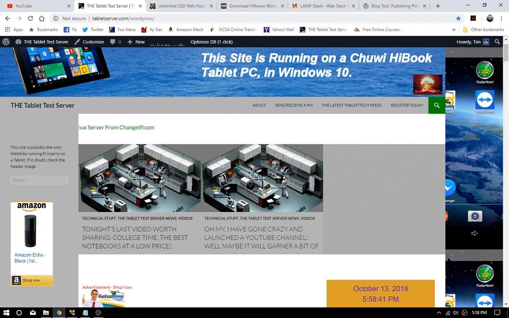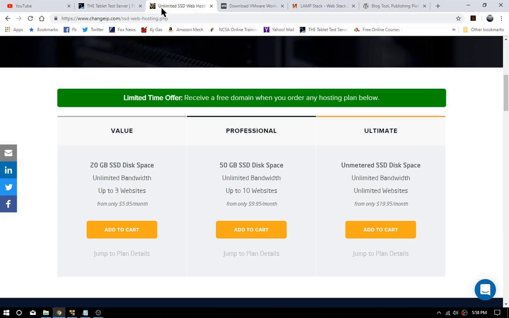So, all that being said, there is a second way to do things. And that, of course, is to go to a place called changeip.com, which I would still go to get your domain hosting. It's like $15 here or something like that. And they give you your DNS. So you can host it at home, host it with them. But if you go here to their web hosting,